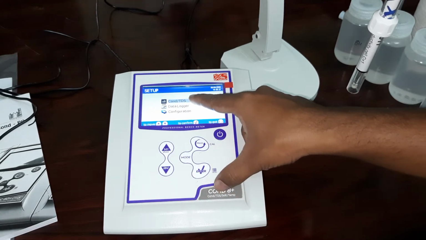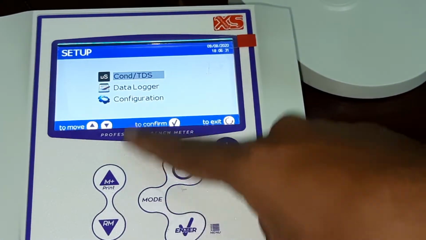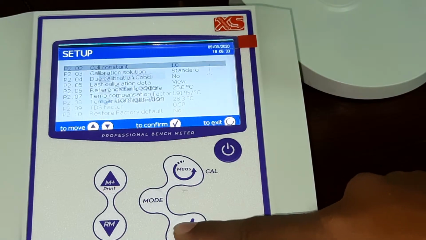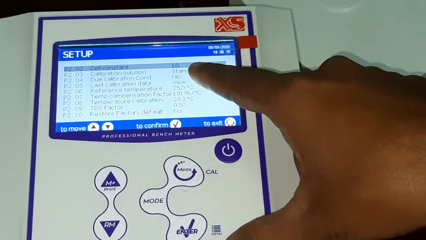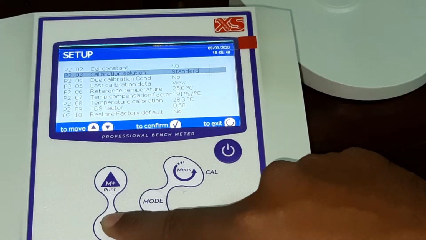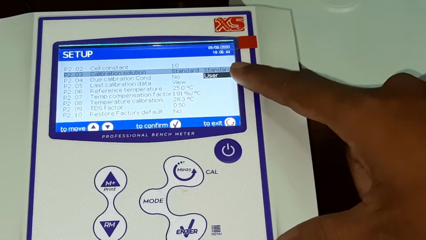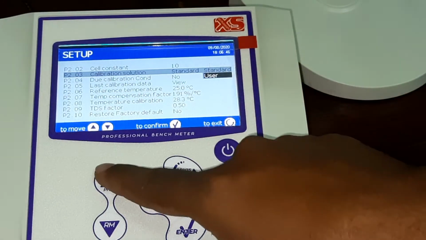In setup, conductivity, data logger and configuration, three are there. In conductivity, cell constant 1.0, calibration solution is standard. If you want to calibrate your own buffer, you have to change it to user.